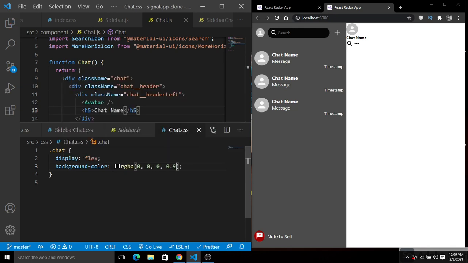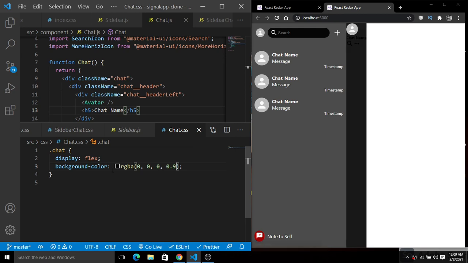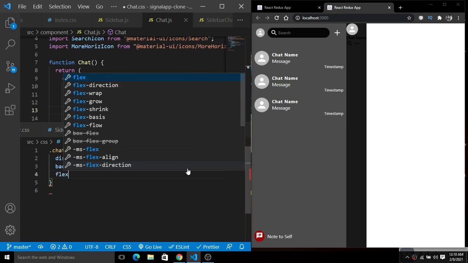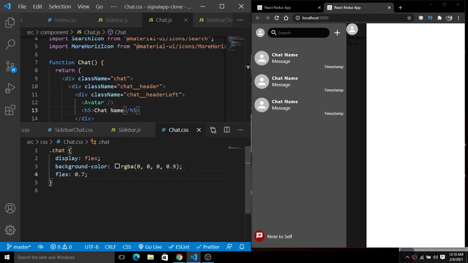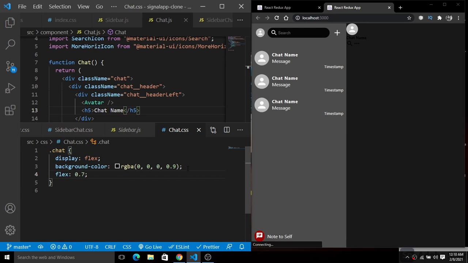Very dark background here. Okay, so we have this, but it uses a very small part of the screen. This is because we have to give a flex of 0.7 to use the entire screen, because we used 0.3 for the sidebar section, and now for the chat section we have given the flex of 0.7.